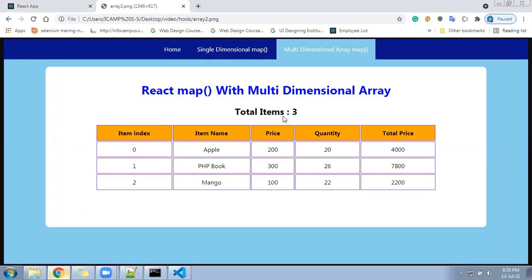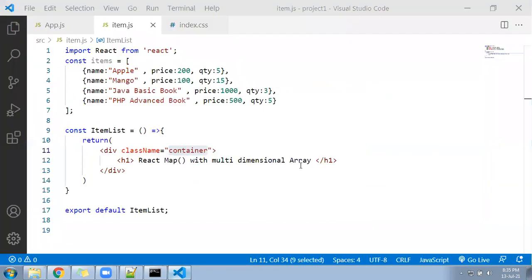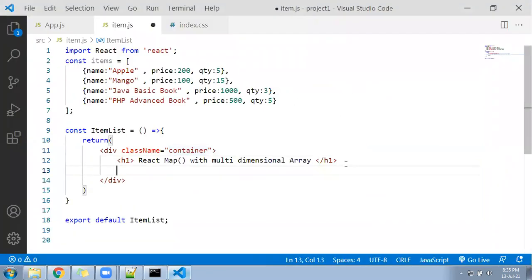Now next, it should display the length of the item. How many array length you have, that should be there. So I will go here in my page. Just after the H1, I will be writing here H2. And this H2 I'll keep as align equal to center. And inside I will print here total items, array dot length. So what is the array name? Array name is called items. So I will write here items dot length.